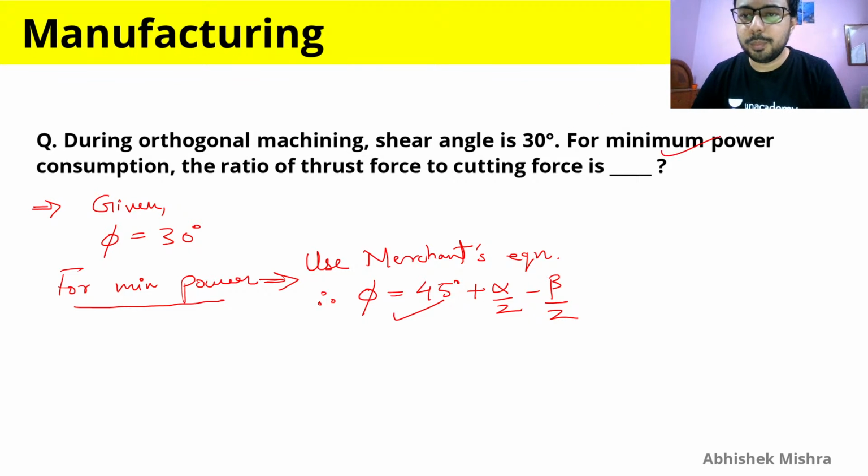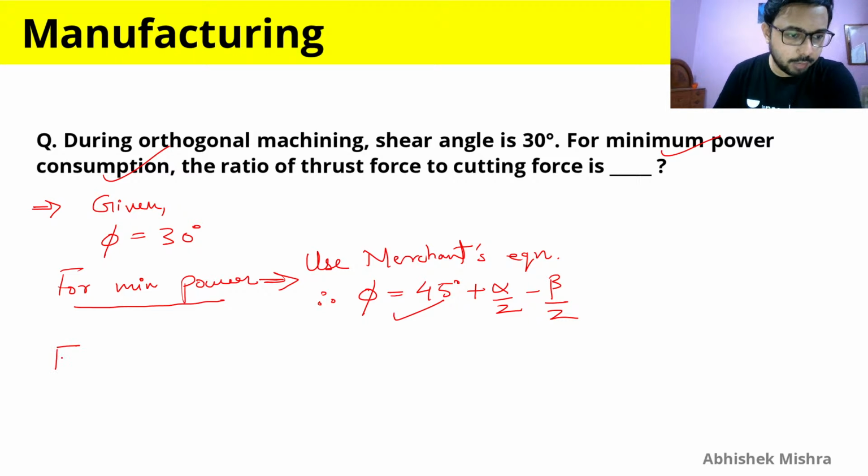Because minimum power consumption is the thing that is given, and we are not being provided with the alpha and beta. If the question provides alpha and beta, then there is no need to use the minimum power consumption merchant equation, because already alpha and beta are provided. So already we have this value, and we cannot just change it after using the merchant equation. But here, since the values are not given, therefore we have to use this merchant equation to find the alpha and beta for the minimum power consumption.